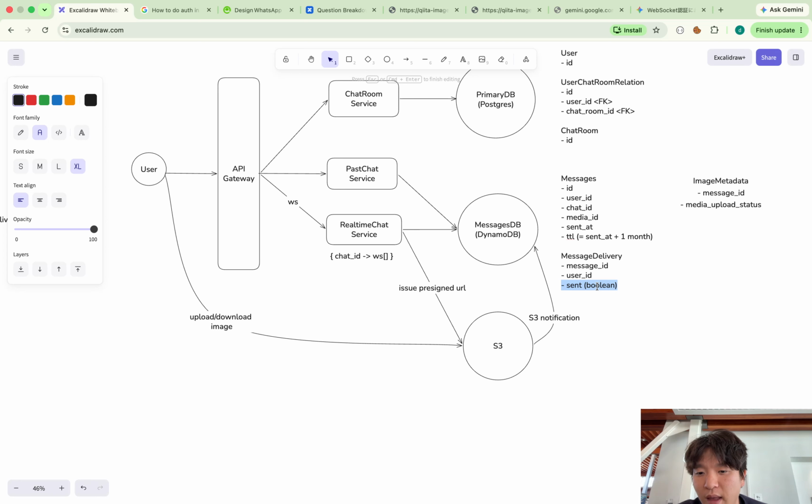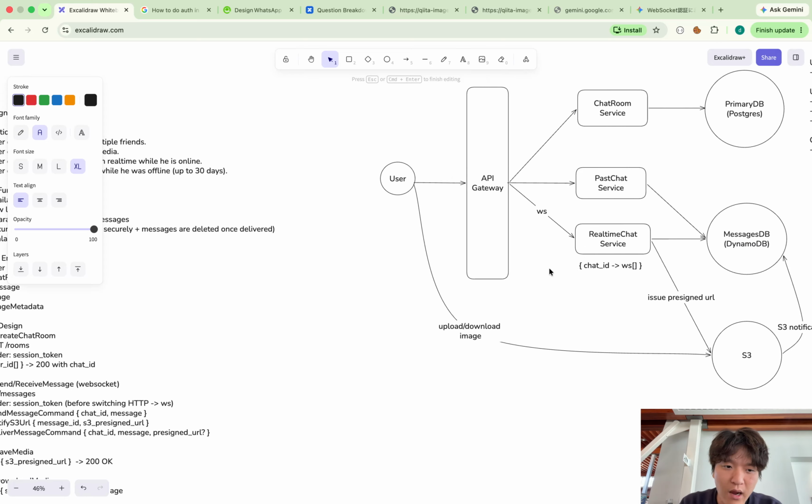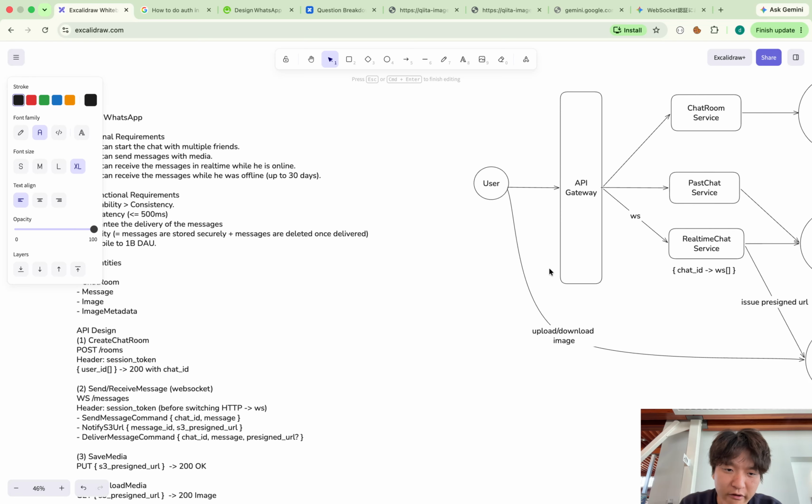And if all the message deliveries for the message are true, now I can delete the message. But because we have TTL, this is kind of optional. If we really have to delete the message when all the users receive it, I should create a cron job to delete messages, but if it is not so strict, we don't need it. Okay, so this is how I can guarantee the delivery of the message.